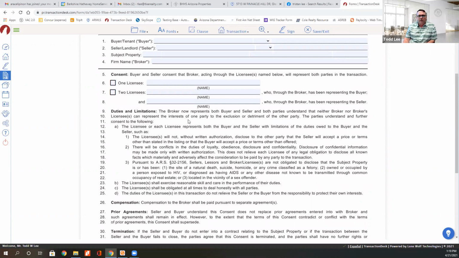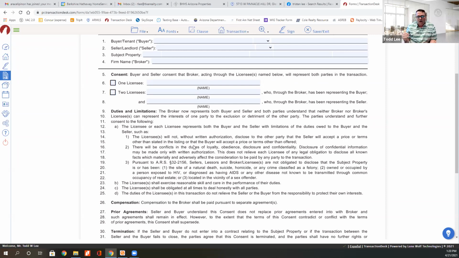They can represent interest in both to the exclusion or detriment of the other party. Parties understand and further consent to the following. If they represent both parties, the licensee will not, without written authorization, disclose to the other party that the seller will accept a price or terms other than stated in the listing, or that the buyer will accept a price or terms other than offered. So that's kind of one of the big things that you come across. Normally when you're dealing with a seller, if you have the listing,